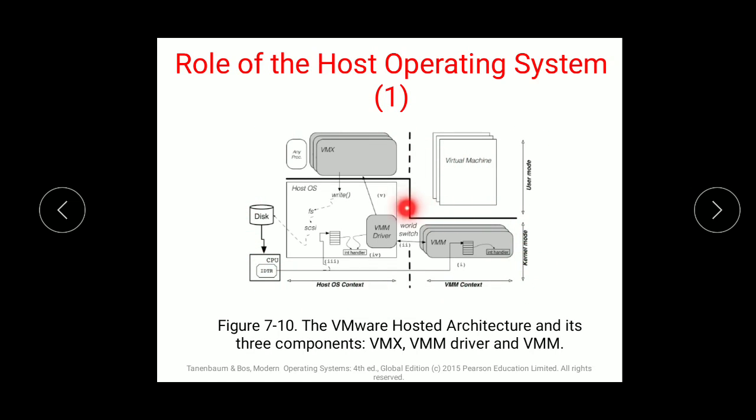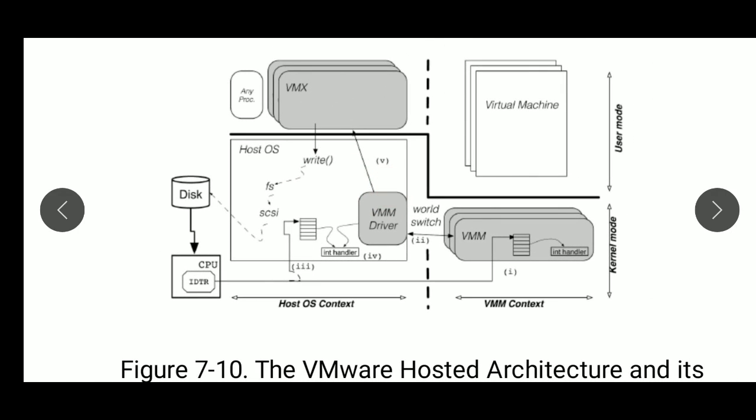This is all done by my host operating system, which is looking to the virtual machine monitor, then the virtual machine monitor driver. See what the driver is doing? The driver is connecting both sides, to my virtual machine monitor as well as the virtual machine extractor, that is, how many virtual machines are there in the series to get connected to the driver, which will talk to my disk, and it will have SCSI and FS and write operations as well as SCSI formattings, so that the host context can be converted, and the world switch is there.